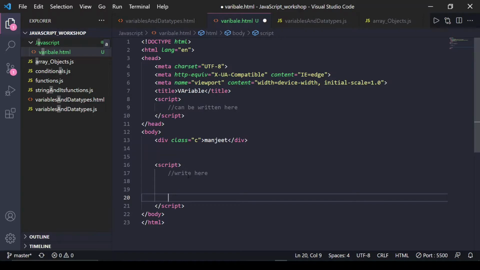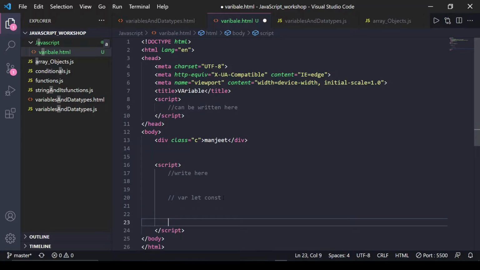There are three ways to declare a variable: var, let, and const. These three are keywords that are used to declare variables. Among the three, what are the differences? A var can be changed anywhere, and let is similar, but the only difference between let and var is scope. Let is block scope, and var is global and function scope. Constant cannot be changed: if I assign a constant once, it cannot be changed throughout the whole program. We will see it now. Let me declare my first variable, variable name 1, equals, let's say, JavaScript.